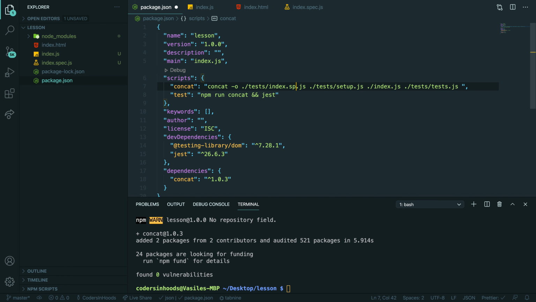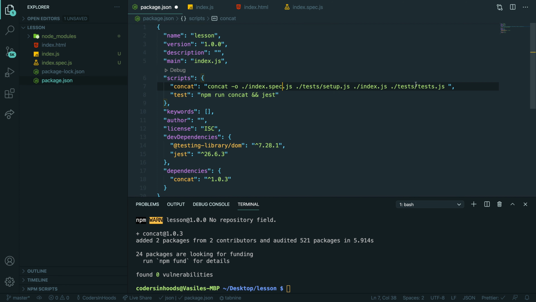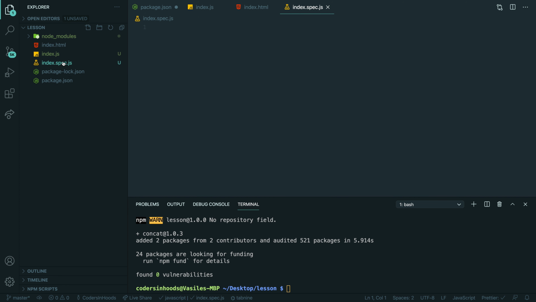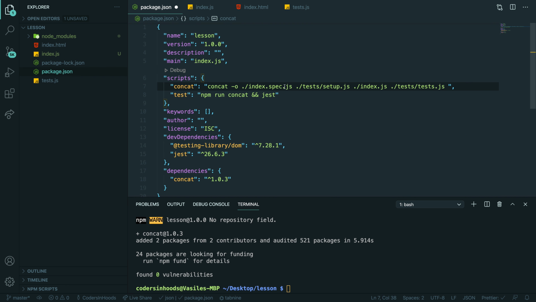So we have index spec.js, this is the output. Oh, wait a sec. Tests. Let's rename this one. What is the name? Tests.js. And the output will be spec.js.